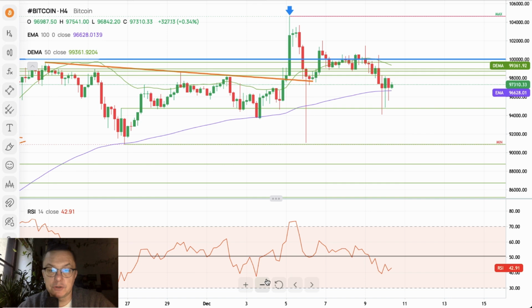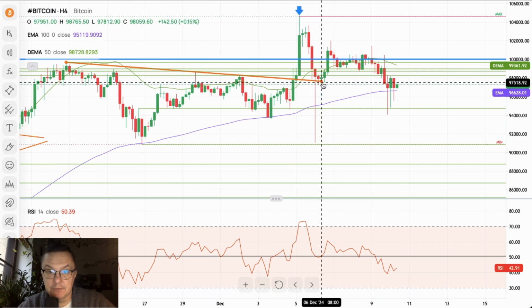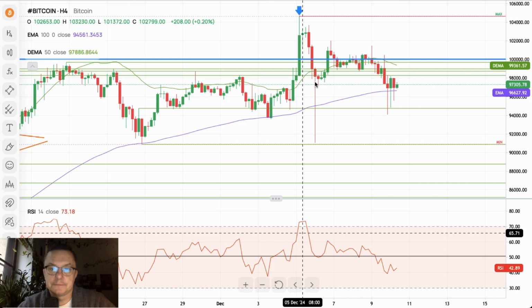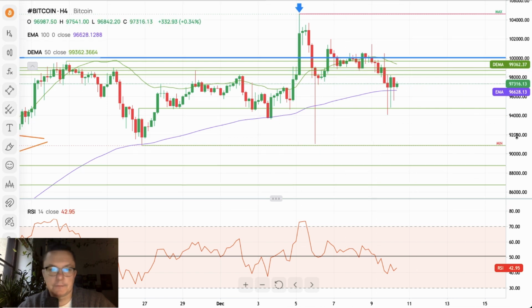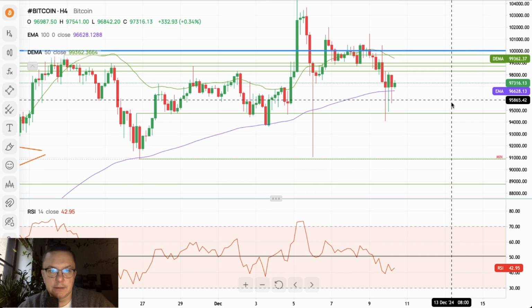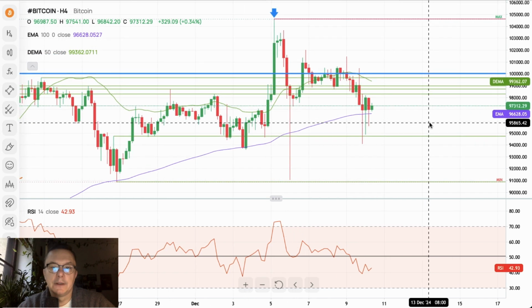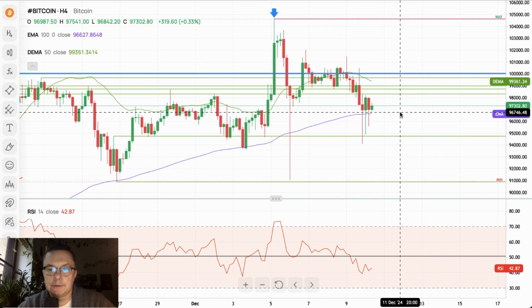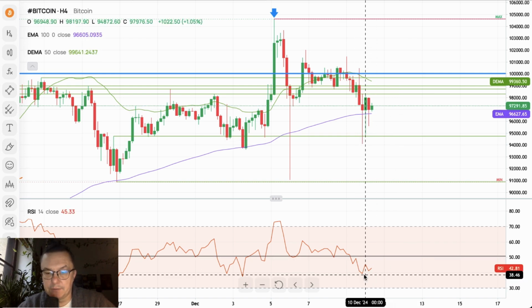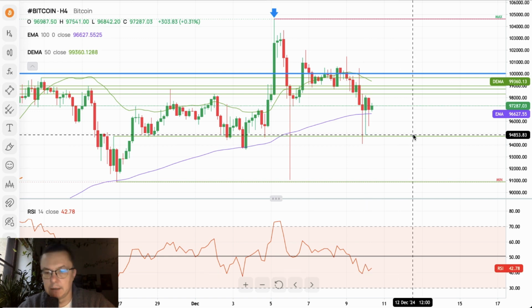All right, what should we do here with this line? I don't think after this flash crash this line is of much favor for us anyway. It doesn't actually work for us anymore. What we should take a closer look at is, of course, the momentum, which is below the level of 50, and it went even towards the level of 39 points. So a pretty oversold market, but not yet extremely oversold.